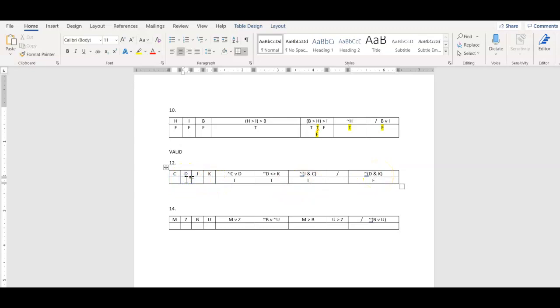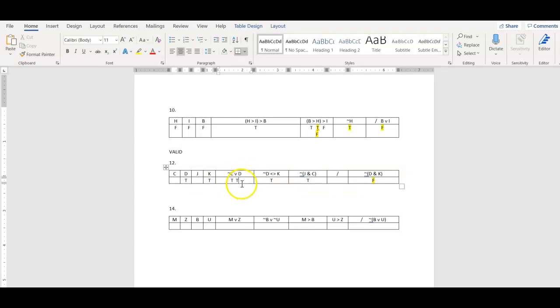That is namely if both conjuncts are true. So if D is true and K is true, then we get true inside the parentheses, but we negate it and we get a false conclusion. And that's the only way to make the conclusion come out false, right? Only if D and K are both true does the whole sentence come out false. So that's why we start there, because it's a situation where there's only one possible set of values that could make the conclusion false. And now that we know that, say, D is true,